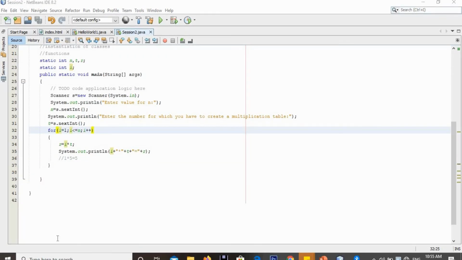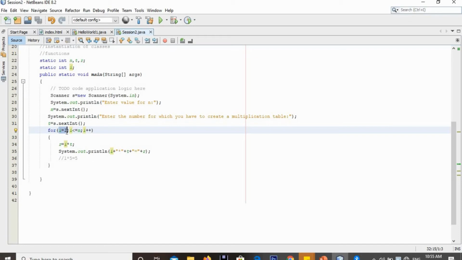The execution of a for loop will be like this: it will execute the initialization statement first. After that, it will check the condition given. Once the condition is true, it will execute the body of the loop. After executing the body of the loop one time, it will go back to the incrementation or decrementation segment. After incrementing or decrementing, it will again test the condition, and then execute the body of the loop. This process will be repeated until the given condition is true. The initialization segment will be executed only once, right? So this is the working flow of your for loop, right?